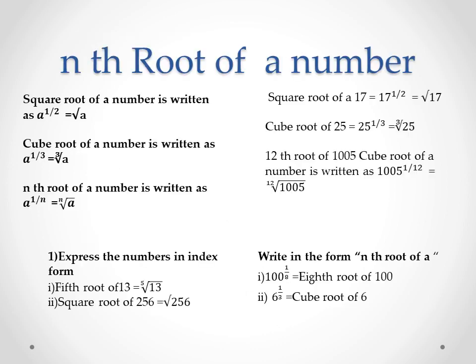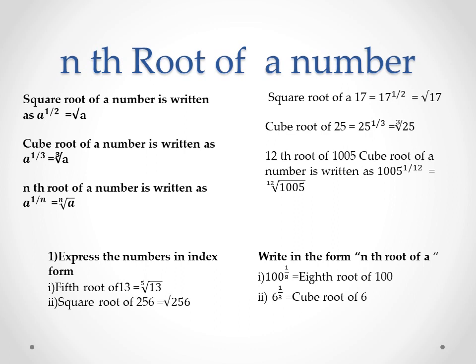Now we are seeing here a new topic of this year, the nth root of a number. Nth root. How to write it? That we want to see. First I have given some common examples which you know. Square root of a number. How to write it? a raised to half. And it is written in the symbolic form as root a. Square root means the square root sign, and in between there the base, that is a, is written. But if you want to write it in index form, then you write a raised to half.